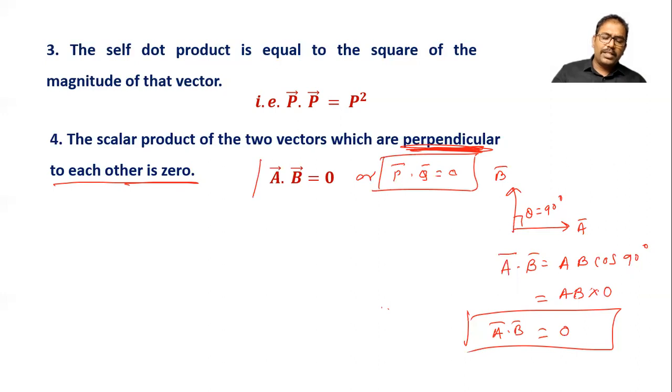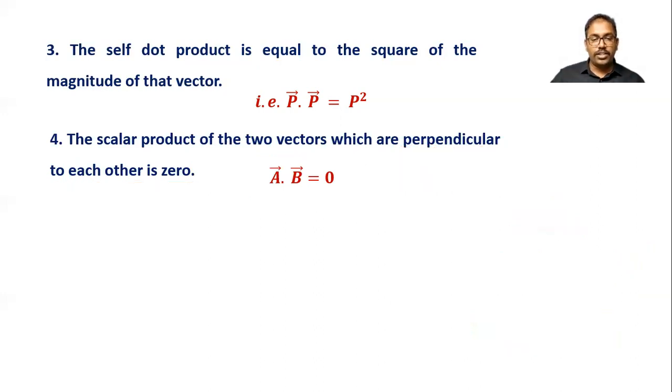You can use a, b, c, any symbol. You remember, if the vectors are perpendicular, then their scalar product is 0, and this is the characteristic. So in any question, if they ask you to prove that two vectors are perpendicular, how can you prove it? You can find their scalar product, a bar dot b bar. If it is 0, you can write in the conclusion that they are perpendicular.